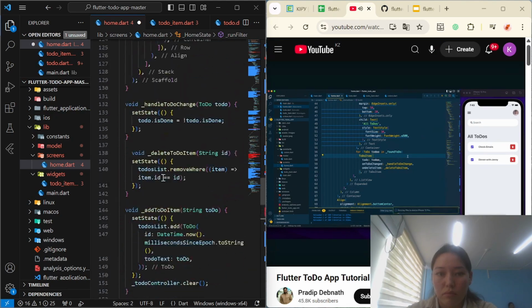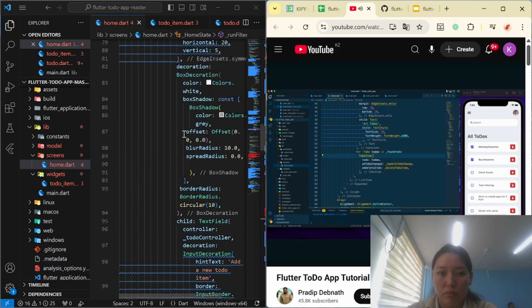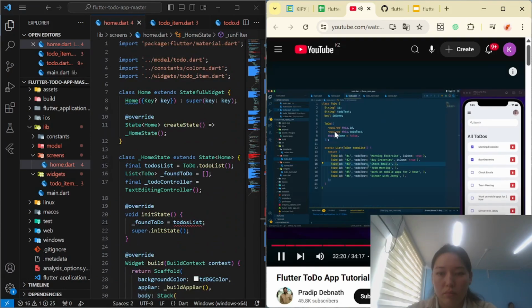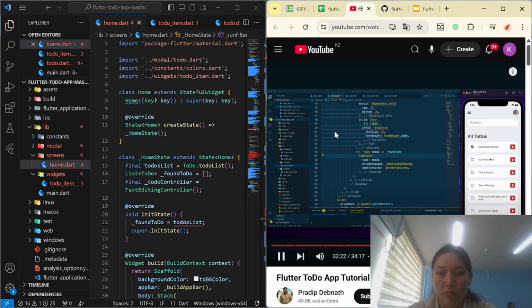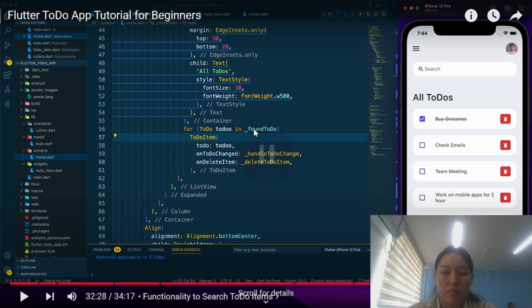So now save it. Now let's restart the app. After restarting the app, here we can see the default items which have been provided from here, and these functionalities are working perfectly well. So the item is